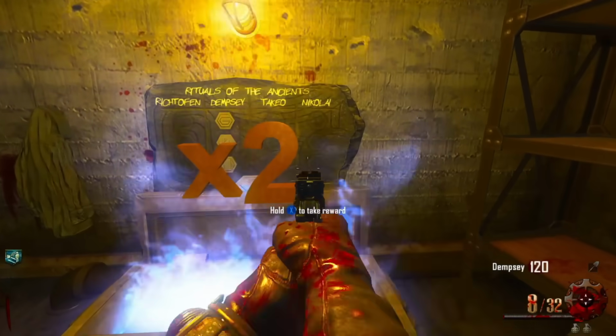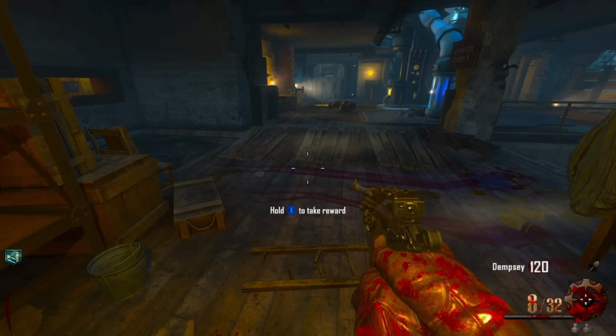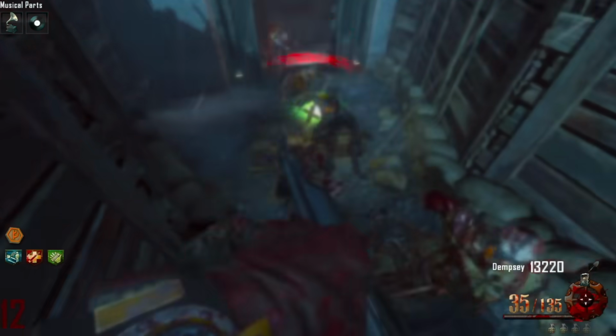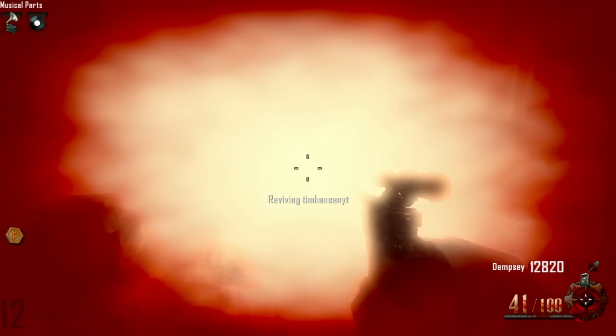So we're going for that Scar H in the box, and if I can get the Type 25 in the process, cool. If not, I'm going to have to go back on, like, Town and do it, which will be fine. And I'm dead. And I'm dead because I couldn't reach the...